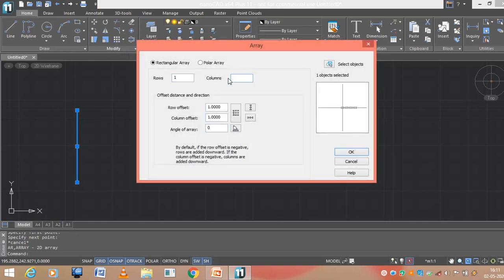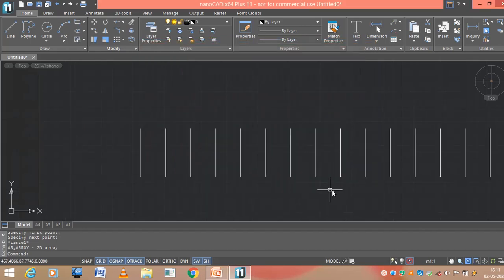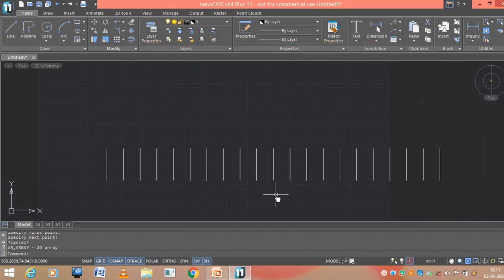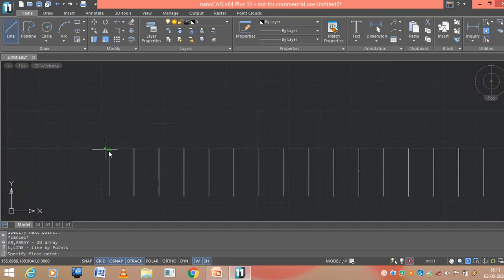Among the 42, 21 are visible and another 21 are invisible, and we know that invisible conductors are represented by dotted lines, right? So I should have an invisible conductor between the visible conductors. It means I need to draw a dotted line between the continuous lines.